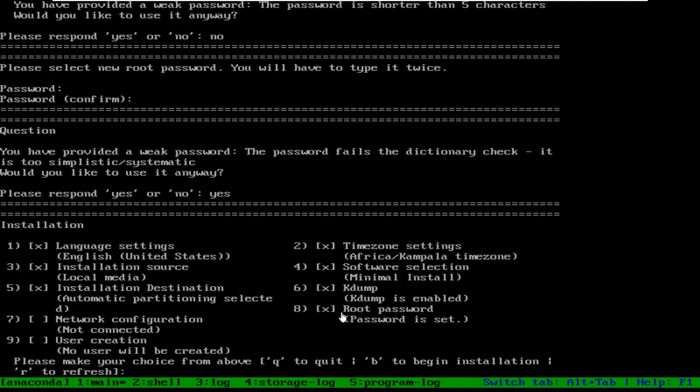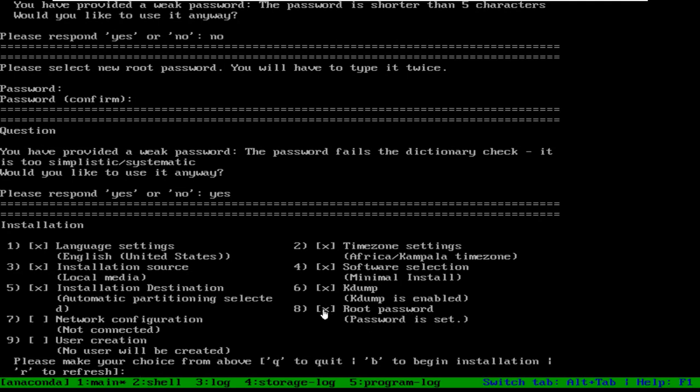But Linux does not recommend logging in as a root. Remember, it is not recommended to log in as a root. If you log in as a root and run any command mistakenly, it will do the job and it can corrupt your system. It can even delete your kernel file. And when you delete the kernel, your system will not start next time. So it is recommended that you should not log in as a root.